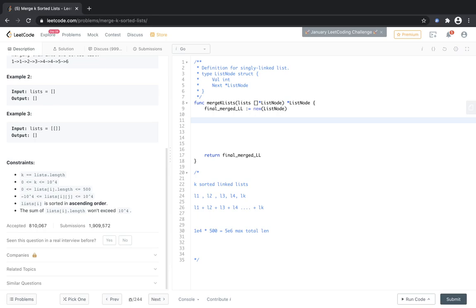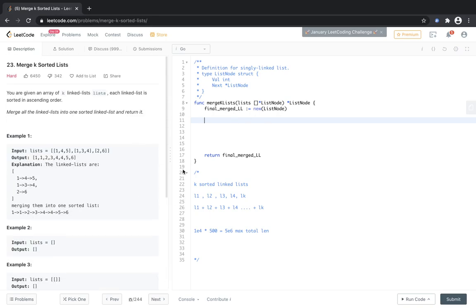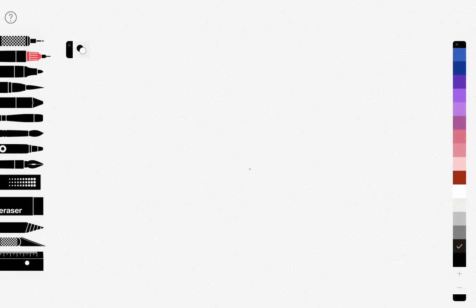We need to write the code here. We can just brute force, but that would be time limit exceeded. But it gives us a pretty good idea of how we can approach this question.